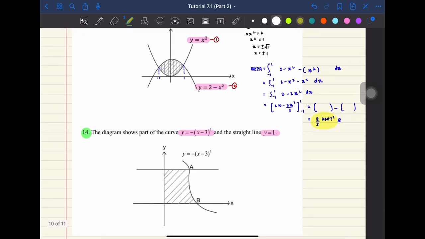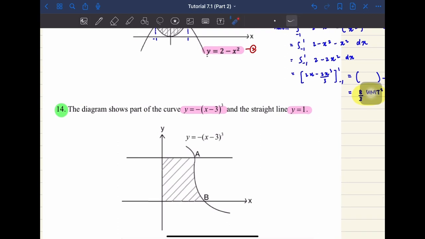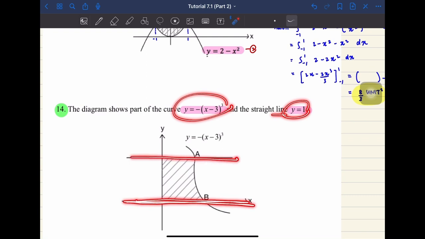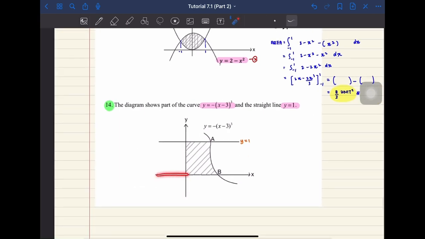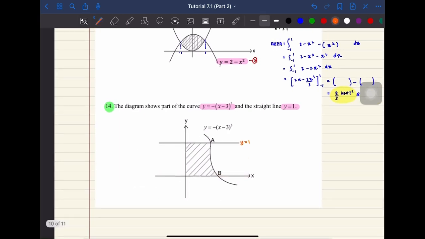Okay, now untuk question 14 pula. Okay, so for question 14, dia kata kita ada curve and the straight line y equal to 1. So this is y equal to 0. Okay, and this is y equal to 1. So kita label bagi nampak. So this is y equal to 1. So untuk cari kawasan yang bounded tu, kita boleh pakai daripada 0. This is y equal to 0 kan. X-axis is y equal to 0. From y equal to 0 until y equal to 1. Okay, so area